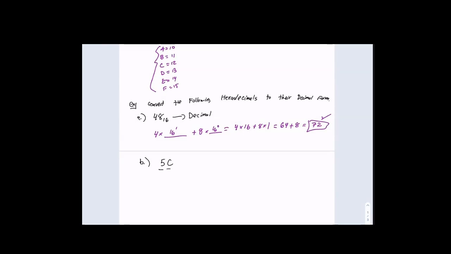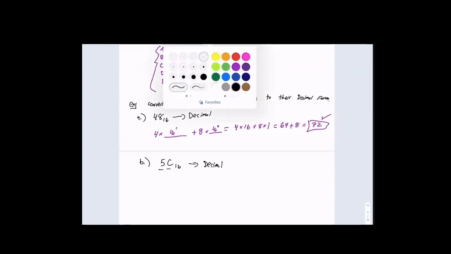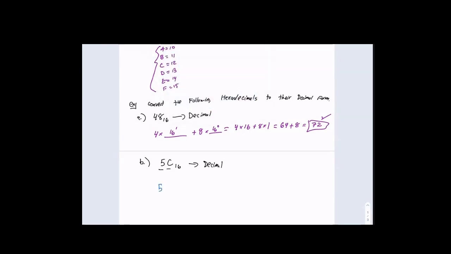See? 2 digits. And this is a 2-digit hexadecimal number. It has a number, and we can use the numbers 0 through 9, A through F, and Brian said 5C, and we want to convert this into decimal. Now we got to remember that C is equivalent to 12. So when we do this, this is going to be 5 times 16 plus